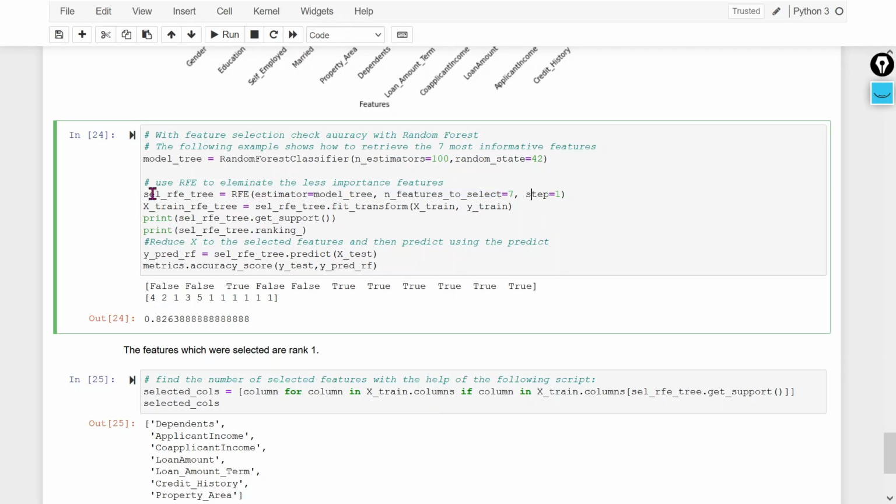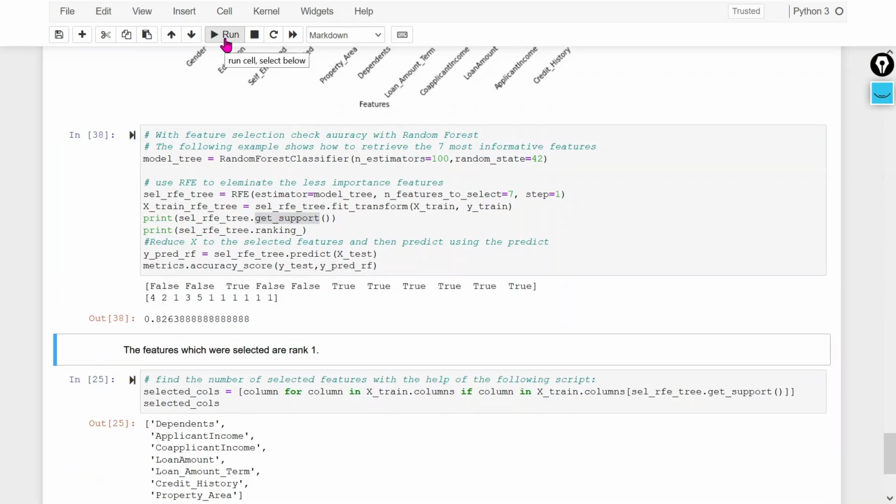And here I created the object. Now I am going to train it using the fit method. Fit and transform will directly train and perform the feature selection itself, right? First it will train, and during the training it will select some features, meaning the top 7 features. Then after that again it will train using those top 7 features with the help of xtrain and ytrain. Then I am getting the get support value. I will tell you what it means.